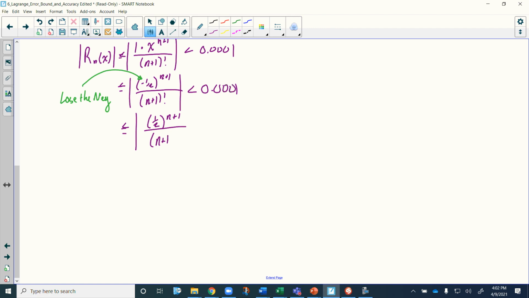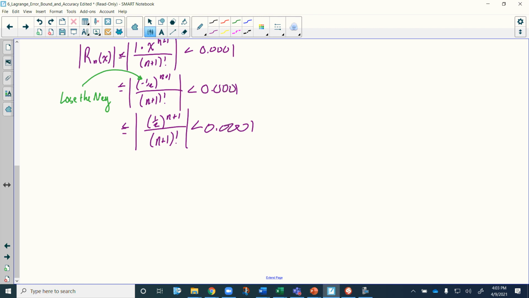N plus 1 factorial. There we go. And it has to be less than 0.0001. Okay. So now I have my expression that I'm going to use to help me figure out what degree polynomial I need in order to have the error accurate to less than 4 decimal places, something that's going to be less than